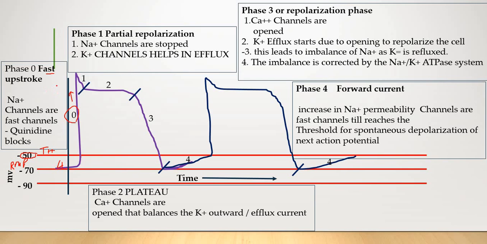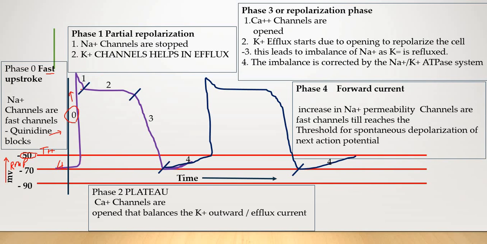There is an influx of sodium. They are very fast channels, and a drug like quinidine will block this influx of sodium. So what happens? There is a very fast influx of sodium. It happens in a fraction of a second, as time is on the x-axis and the current, in millivolts, is on the y-axis. You understand that? And when it reaches the maximum value, then it is followed by a